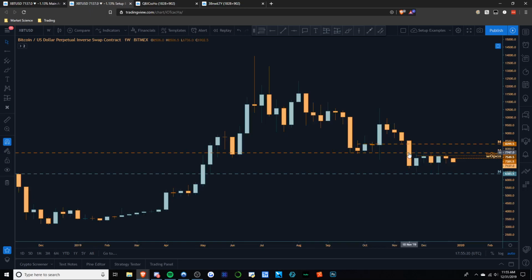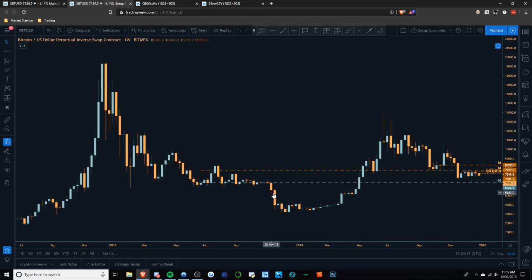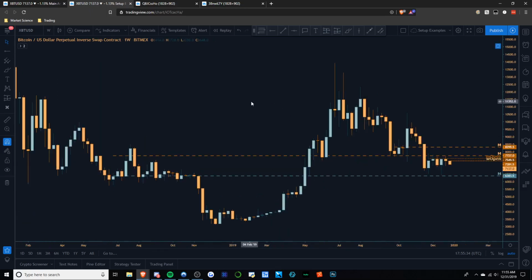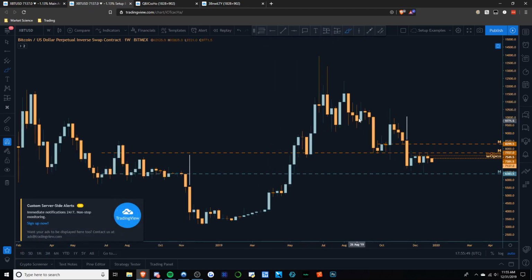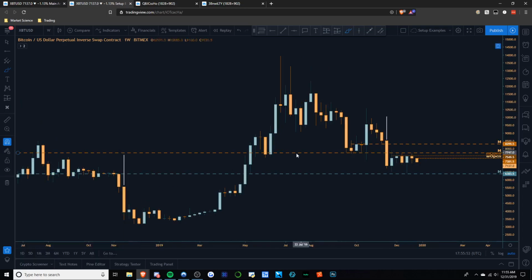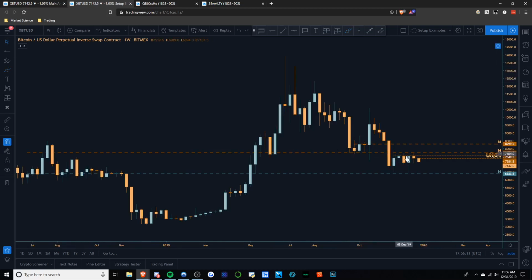wick. And you can see here is another candle that has no top wick. This candle had no top wick. And this candle had no top wick. Right? And what do they all have in common? They are all big sell-offs, large impulse candles. Basically here, I guess this does have a top wick, barely. But anyways, there's basically no top wick. So price nukes off of the weekly open, usually closes below Monday's low, and then we start to get a down week and an expansion candle. So that's something to watch out for,